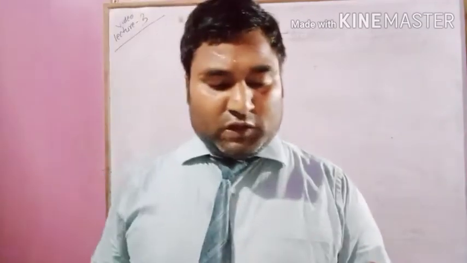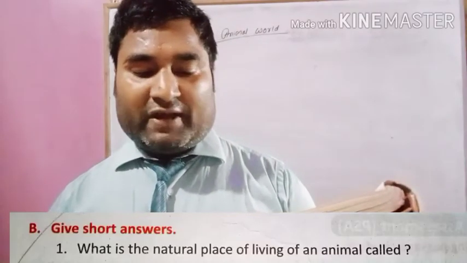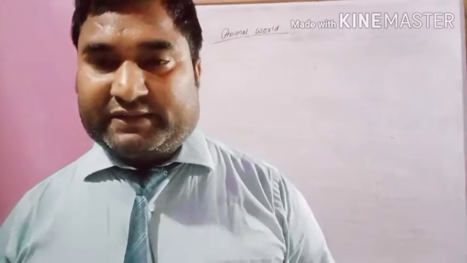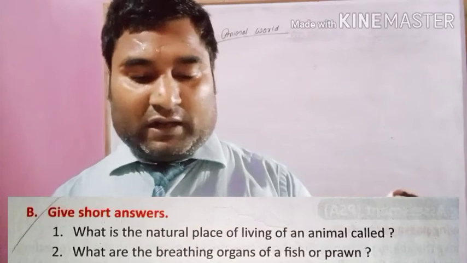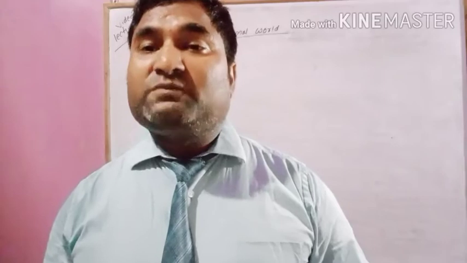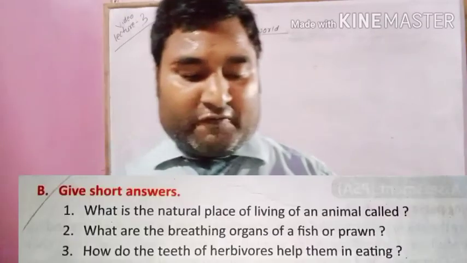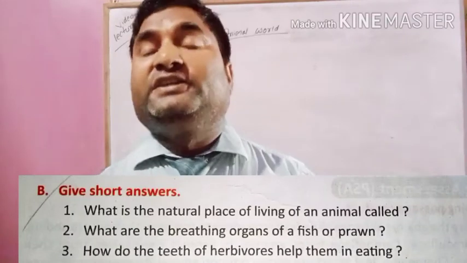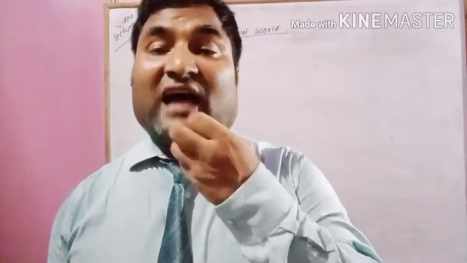Okay. Short answer questions. What is the natural place of living of an animal called? Habitat. What are the breathing organs of fish and prawns? Fish and prawns are aquatic organisms, so they breathe through the gills. How do the teeth of herbivores help them in eating? The teeth of herbivores are flat and sharp, which is called incisor, which help them to cut and bite the